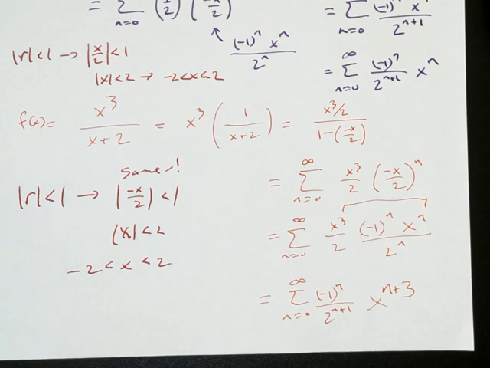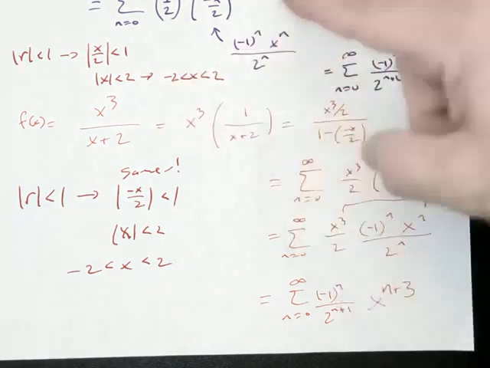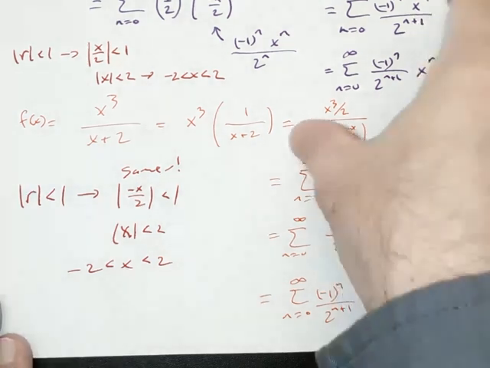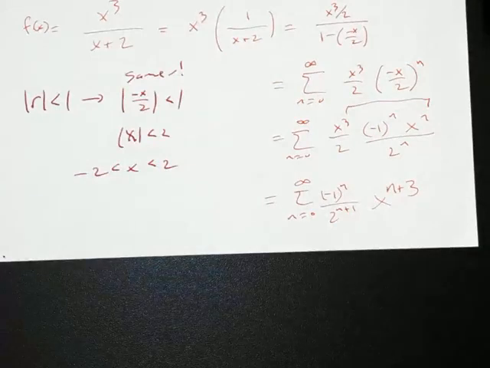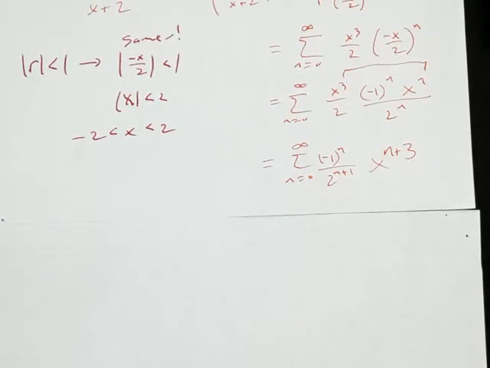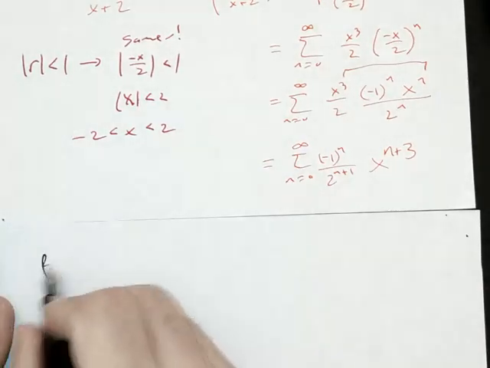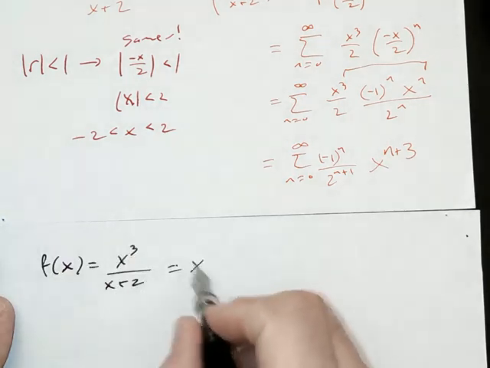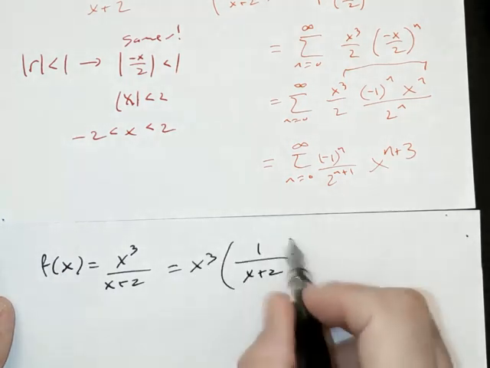So here's an interesting idea. The only difference between these two functions was that extra x to the third on top, right? So I can multiply by x's. I can multiply by numbers. I can do these adjustments within functions, and that means I can do them within series as well. So another way to do this same problem is to say, I am looking at f of x equals x cubed over x plus 2, which is the same as x cubed times 1 over x plus 2,